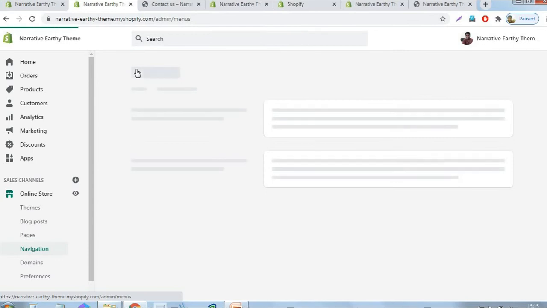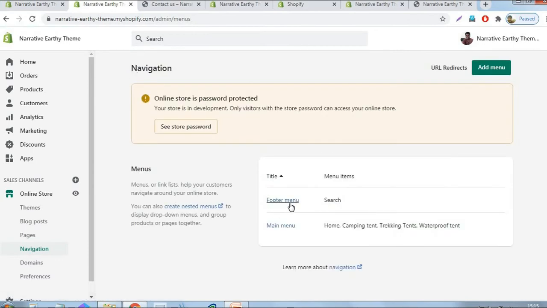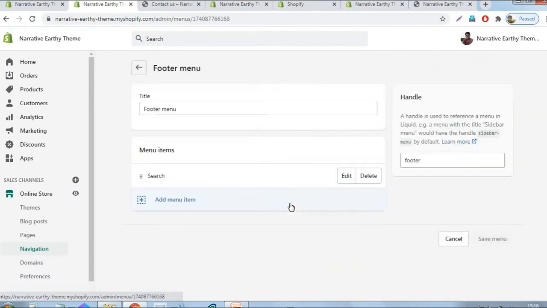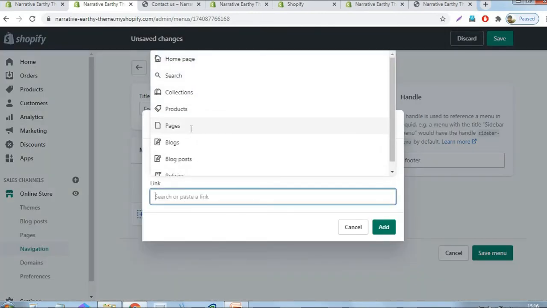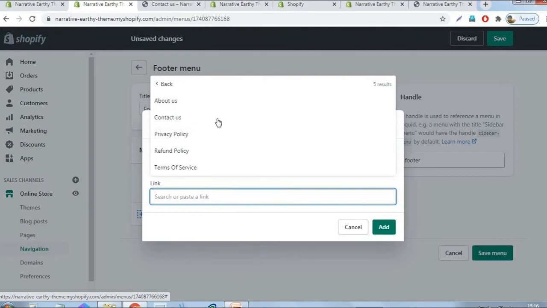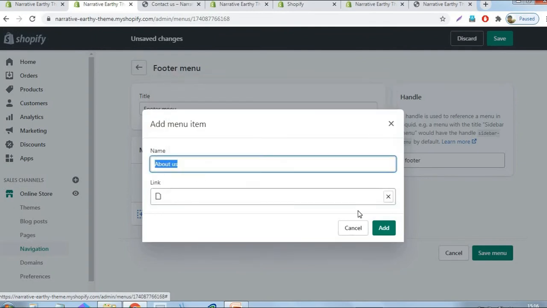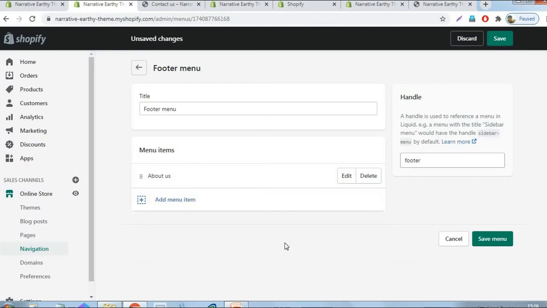After that, we need to create the footer section menu, called the footer menu. In the footer section, we will display important pages like about us, terms of service, refund policy and shipping policy. Those pages we will display in the footer section. I delete the existing item, then add menu item. The first one, about us.